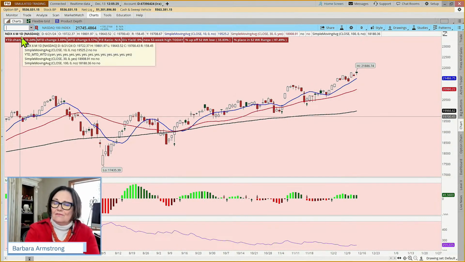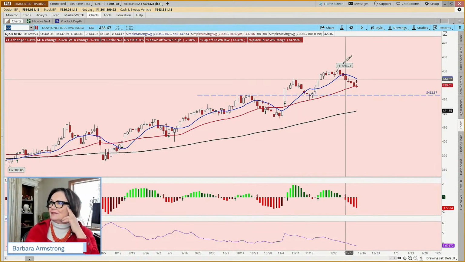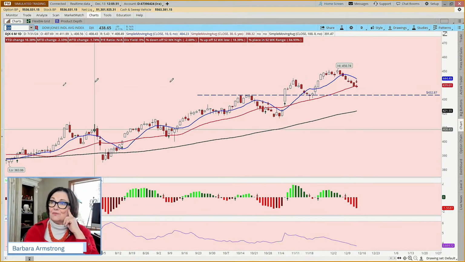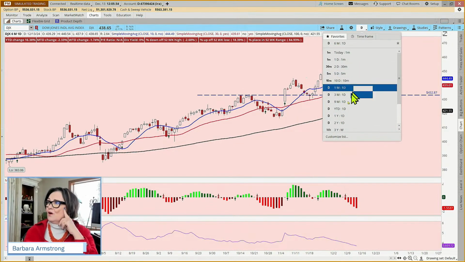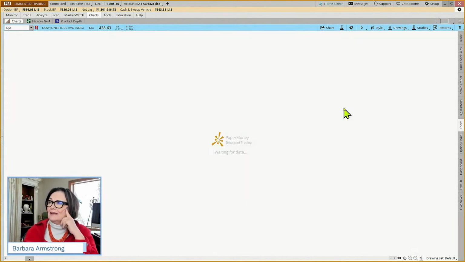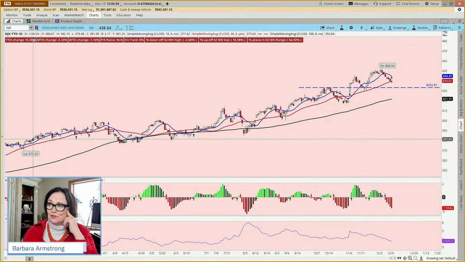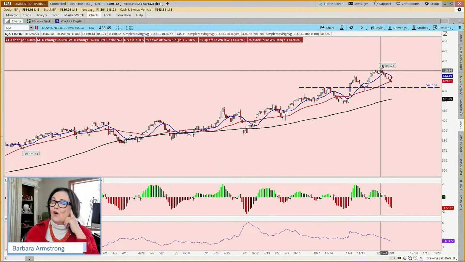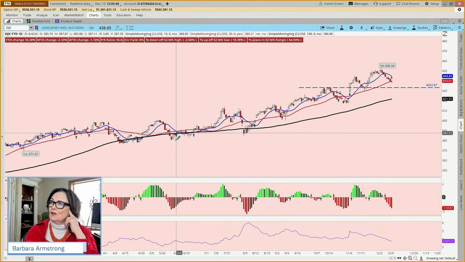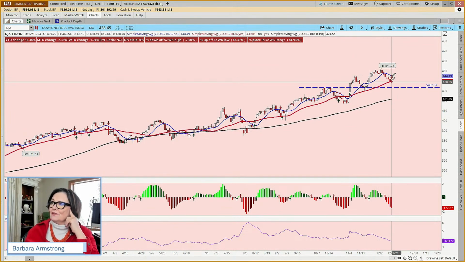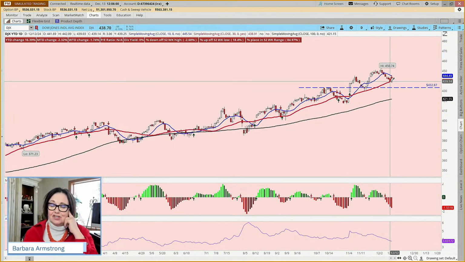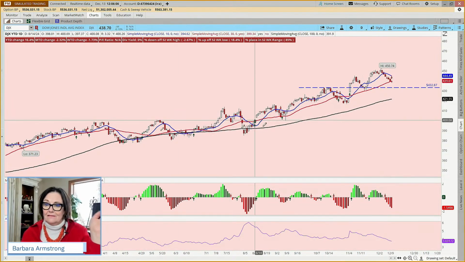When we look at the Dow, and the Dow's been pulling back for the last several days, you might say, would you still call this bullish? Well, yeah, I would. And why is that? It depends on what time frame you're looking at, but year to date it's up 16%, and it hit a new all-time high at the beginning of December. Now it's flirting with the 30-day moving average. We've had a very short-term pullback, but I don't think it means that the trend has necessarily changed. Now, the trend could still change. There's no doubt about that.